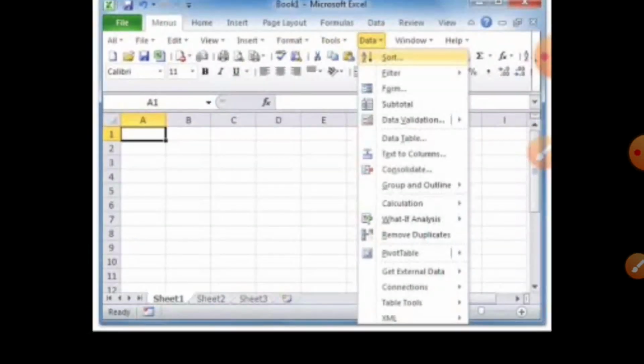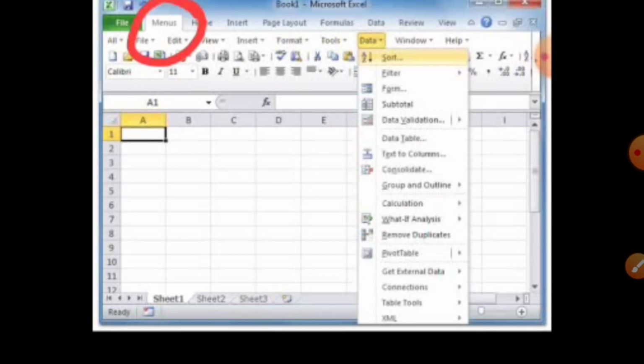How can you get the sort options in the Sort and Filter group? First of all, you click on the menu tab, which is given here. As you click, you will get the Data submenu.